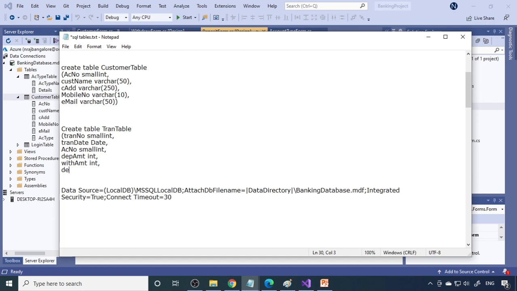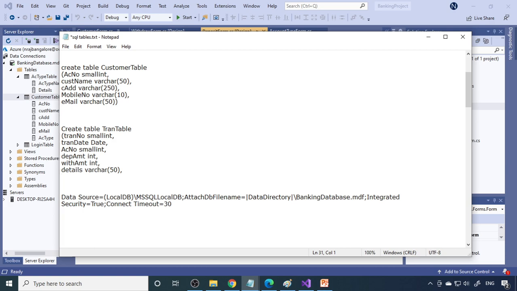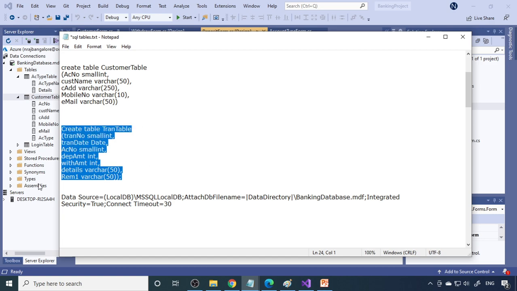Then details, how the transaction happened, what the details are. For that you can write varchar of 50. With that we can have one more field called remark. Any remark they can write in the remark field. These are 50 characters. So now you can see that around 7 columns are there in this particular table.